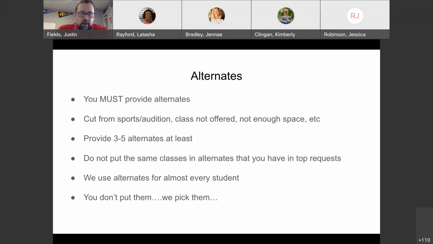First of all, the counseling department cannot stress enough the importance of alternate courses. You'll see that listed at the bottom of your course page. You must provide alternates, and you can never provide too many for us. Think about things like if you are cut from a sport or an audition,